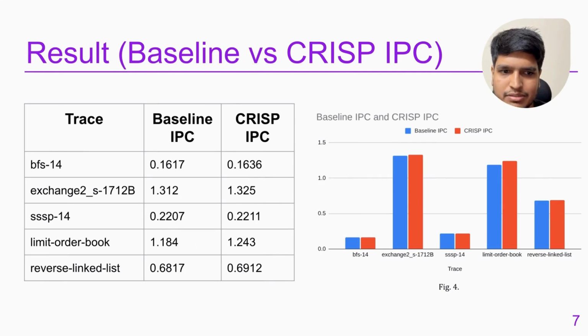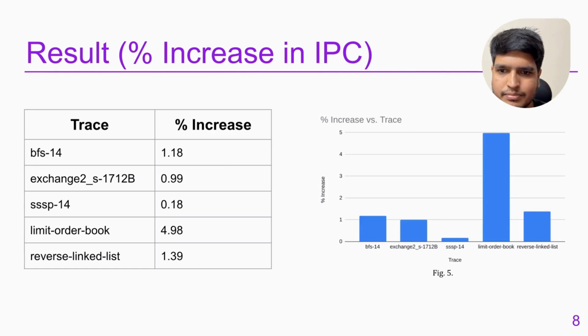We see a clear visual step up in the red bar. This chart makes it clearer. For general graph workloads, we see about 1% improvement, but for the limit order book trace, we achieved a nearly 5% increase in IPC. So why this difference? The limit order book trace is a classic pointer chasing scenario,